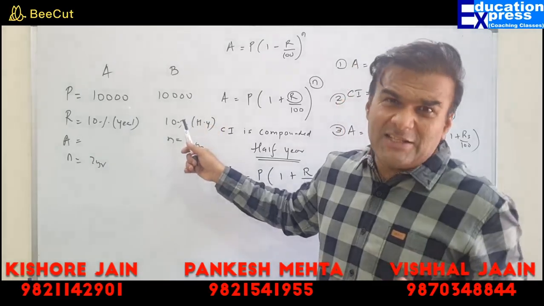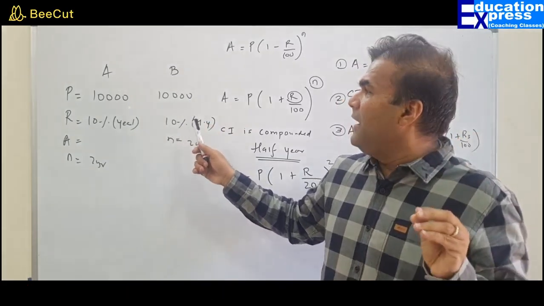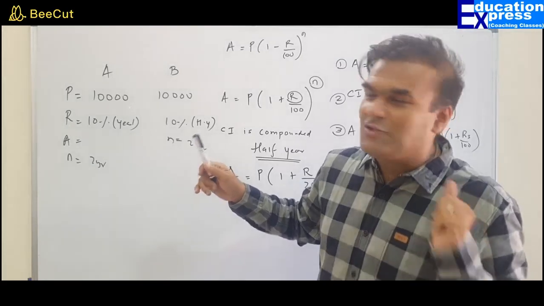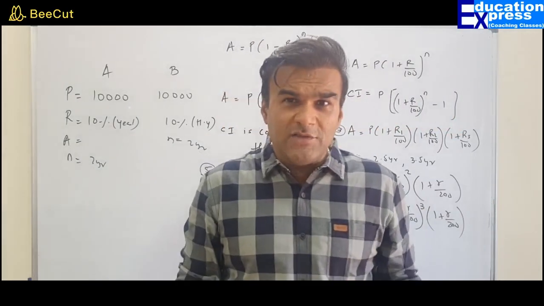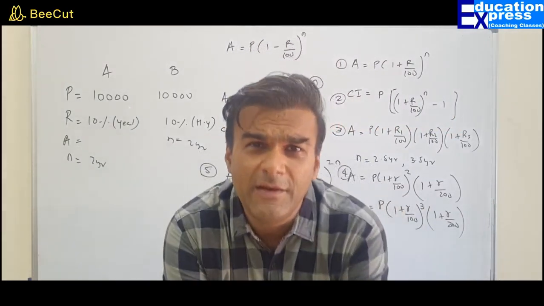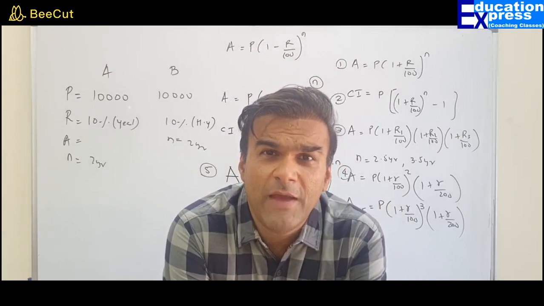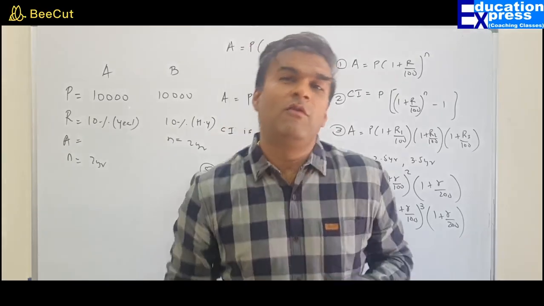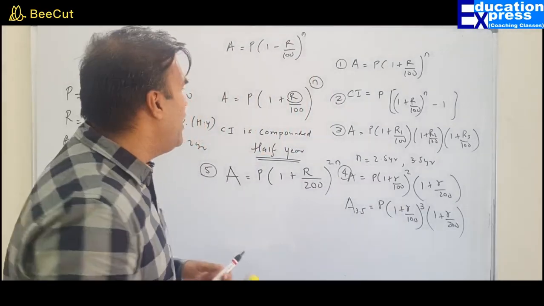So, though in yearly you get 10% in the whole year, whereas in semi-annually the company is paying you interest after every 6 months. The first 6 months the company will pay 5%. But whatever interest you earn in the first 6 months will be added to your principal, and you are going to receive interest on the enhanced principal, resulting in higher interest. So, my dear friends, we have lots of questions where they will compare between the interest that you have received annually and half yearly, and they will ask for a justification as well. So, the bottom line for this exercise is you need to remember one more additional formula, the one applicable for counting the interest on a half yearly basis.